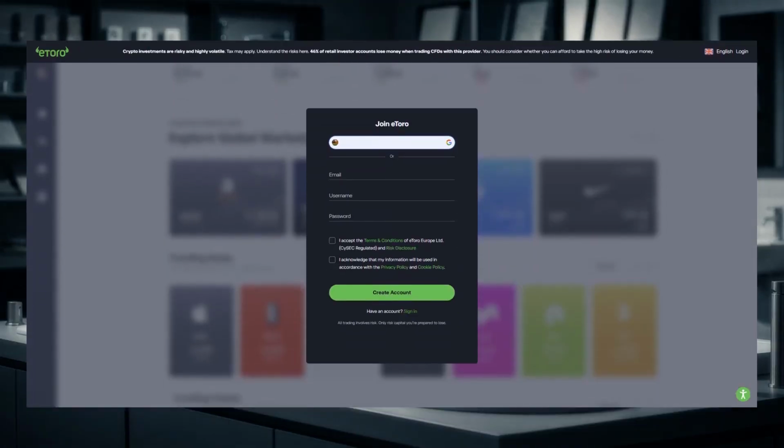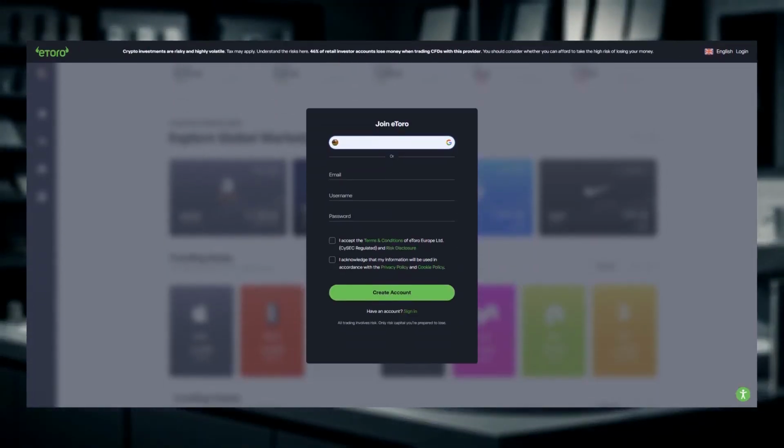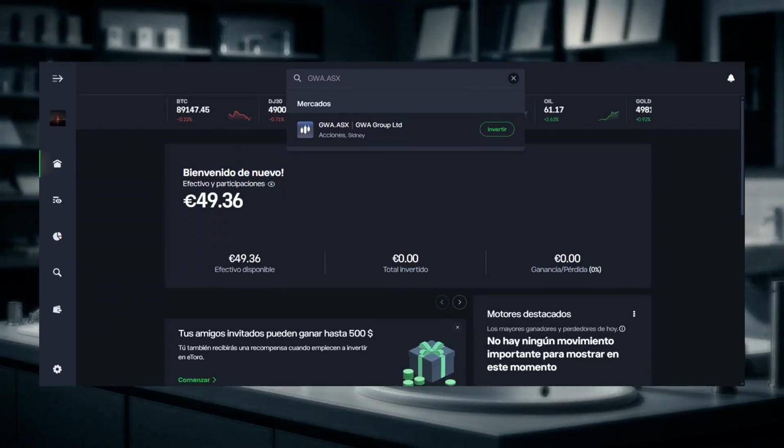You need a broker to trade, and I will use eToro as an example to show the process. After registering, you will be asked to verify your account, typically with an identity document, and you must add funds to place an order. Use the platform search box and type the ticker